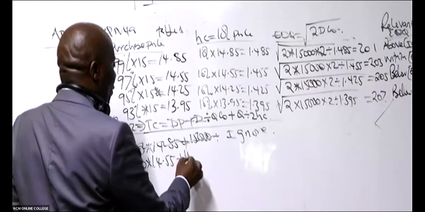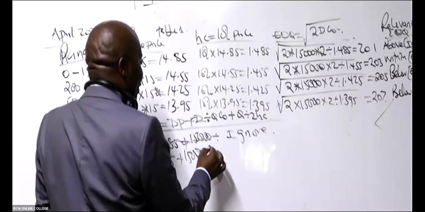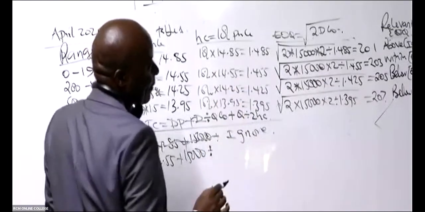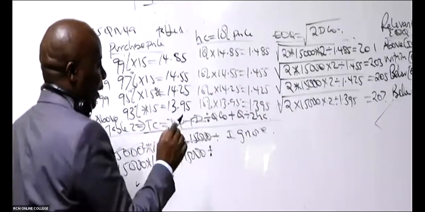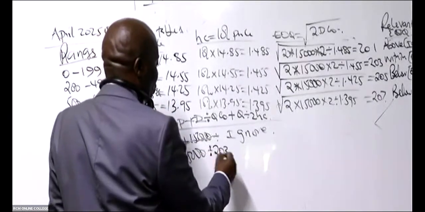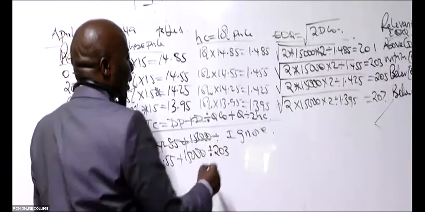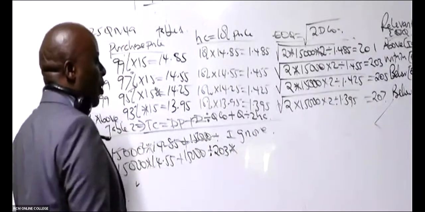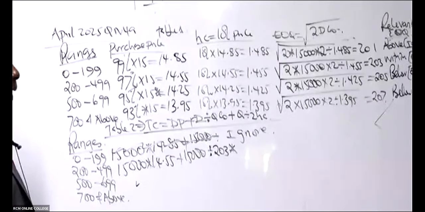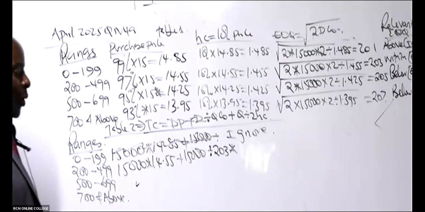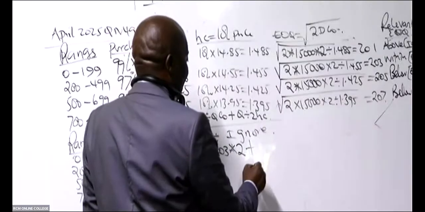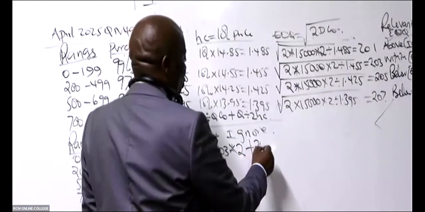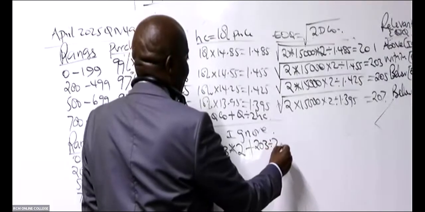Yeah, plus this annual demand divided by the second quantity there. Within the relevant EOQ, you have said the EOQ is 203, isn't it? The EOQ is 203. Yeah, times cost per order. What is the cost per order? Plus Q over 2. Q is 203. Divide this by 2 times